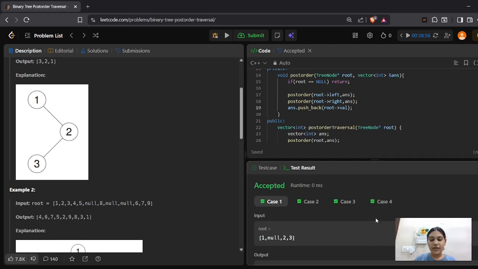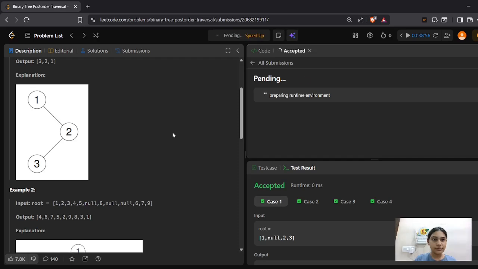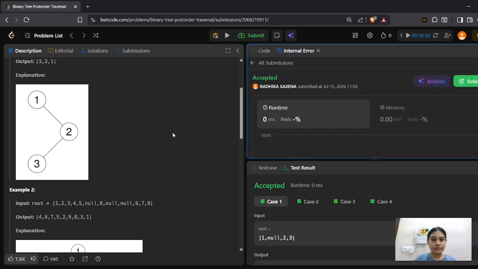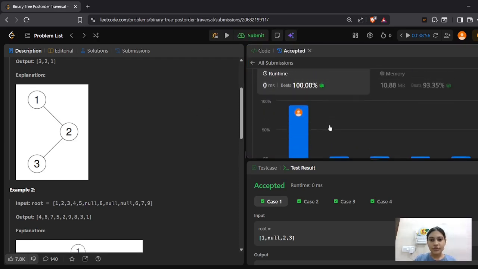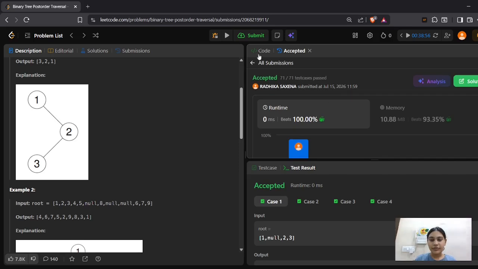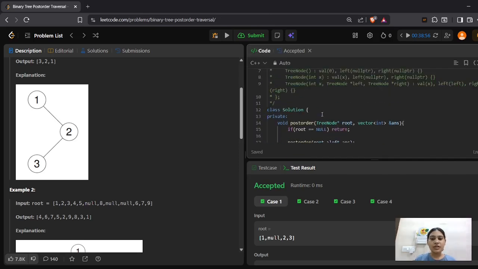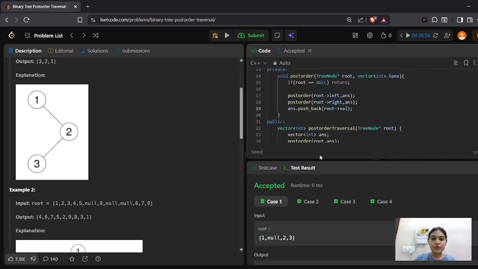So we have completed, we have passed the test case. Now just submit it. Yes, we have passed all the test cases. So this is how we'll be approaching the post order.